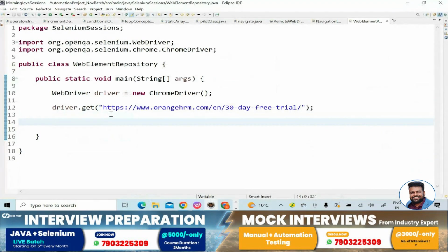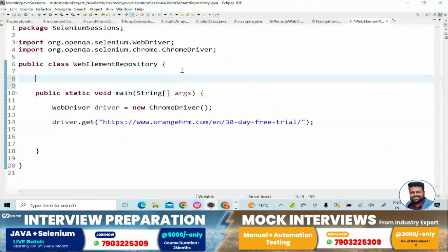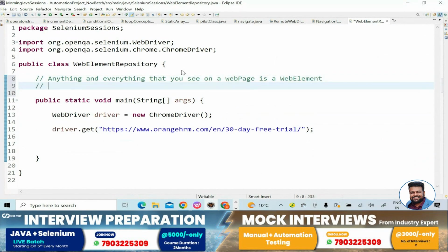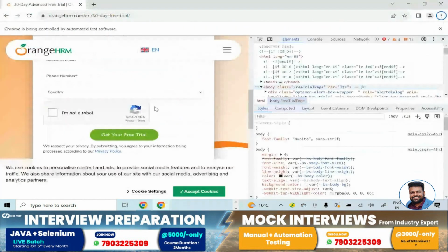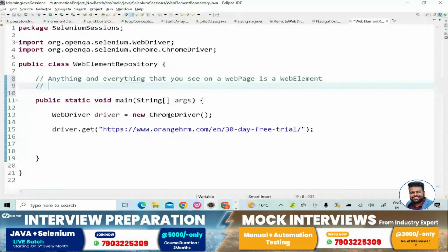Let me add it over here: anything and everything that you see on a web page is a web element. Then the next thing that I wanted to write over here for your revision is, to identify a web element,